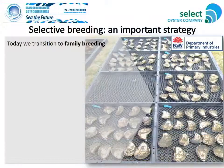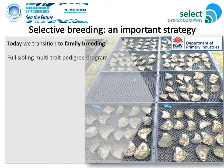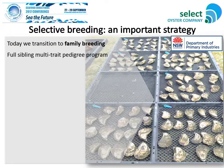So what mass selection is basically, you would select the survivors or the largest animals from a cohort and then just reproduce from them, and every year you carry on doing the same thing. So it's worked up until just recently. The mass selection program has brought us some excellent achievements, but what we're doing now is moving into a family breeding program. So this is a full sibling multi-trait pedigree program, and the photo here,